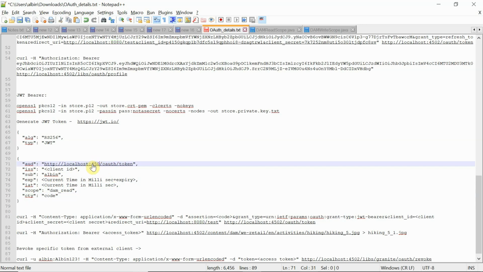This is 4502. You have to keep it correctly because this will be matched on the server. If this URL mismatches with the server where it is running, it will not work.